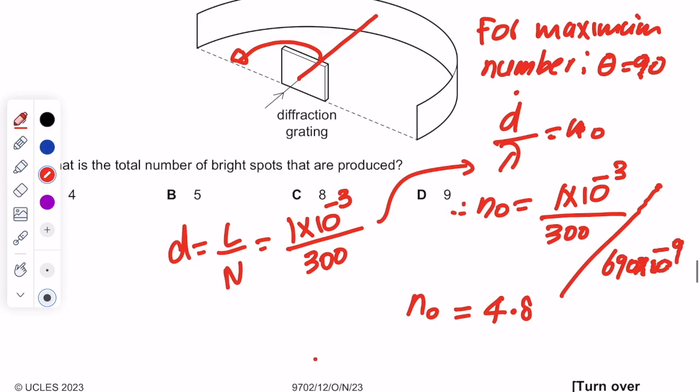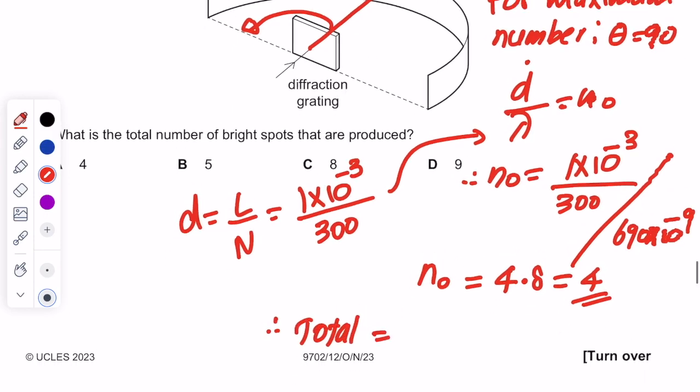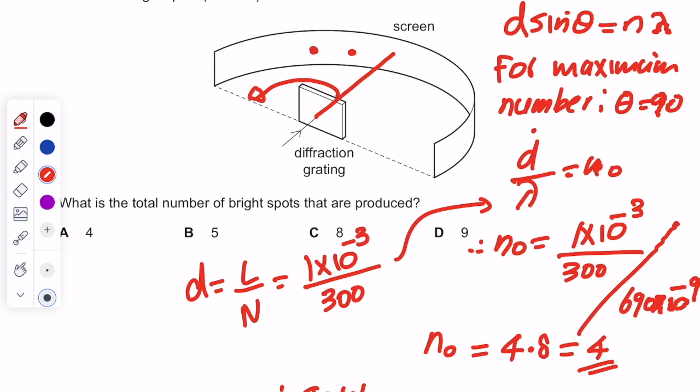But we have to change this into 4 because we are thinking about dots. So it can't be 4.8. It has to be rounded to the lower number. So in total, we have 4 dots on the left. Similarly, we have 4 dots on the right, and then we have one at the center, right? So 2 times 4 plus 1 should be 9. Answer should be